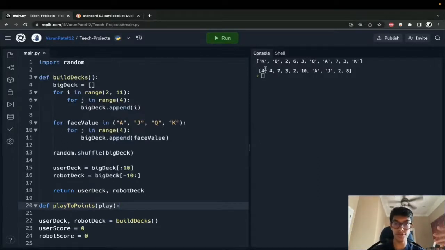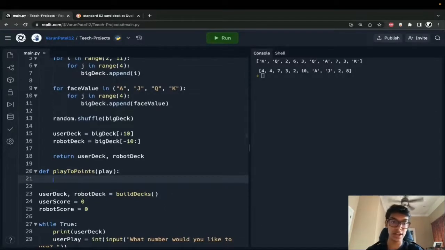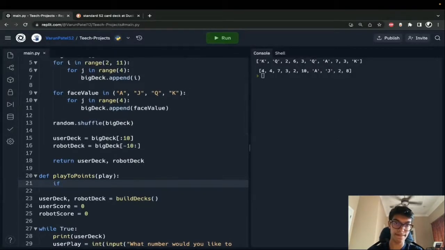So if it's already 4, it'll just return 4. If it's something like queen, then it'll return 12. If it's ace, it'll return 1. If it's 8, like the number, it'll just return 8. So what we'll say is if play is in, I have this huge tuple here. And again, I'm using a tuple because this thing's not being changed, right? It's just this. So if my play is any of these,